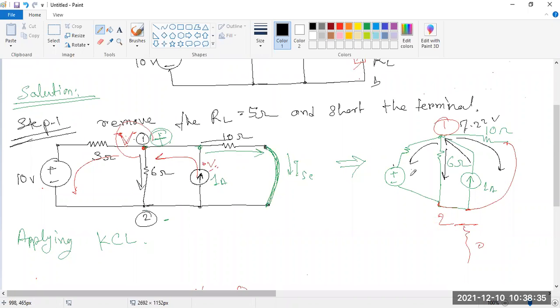But here you can see this is the 10 volt. So our assumed direction was wrong. Okay, assumed direction was wrong for this case, because current is also coming here, but in this direction this is 7 volt. This current will flow. This direction will be right and this is also okay. You have to assume this, and this is also okay. Now we have to find the short circuit current.